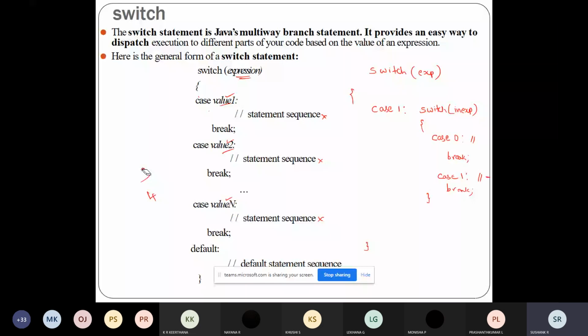Since there was some delay, I'll explain this switch statement again. Within a switch statement, you're using one more switch statement, which we call a nested switch statement. That was the first statement I wrote.